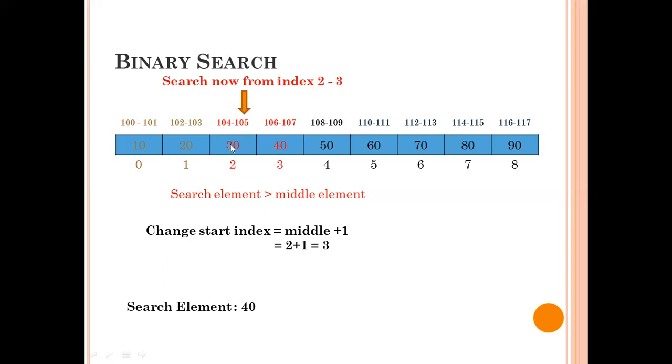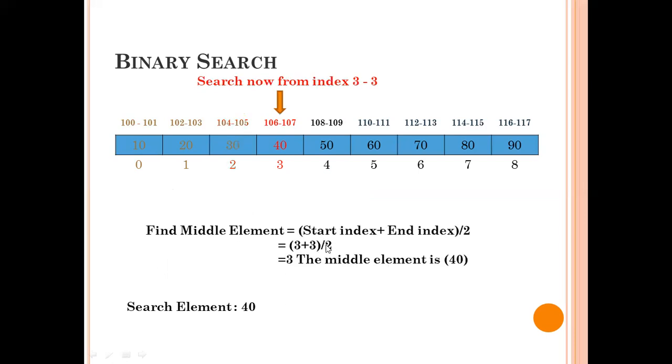What happened here, the value that we are searching for is greater than the middle element. So greater than the middle element, you have to change the starting index. So now the starting index is made as middle plus 1. Now 2 plus 1 is 3. So this is your starting index. Now we are going to adjust in such a way that both starting index and end index are 3. So we'll be searching the last element of this list. So it is starting index plus end index by 2, that is 3 plus 3 by 2 is 3. You're going to look for the element.